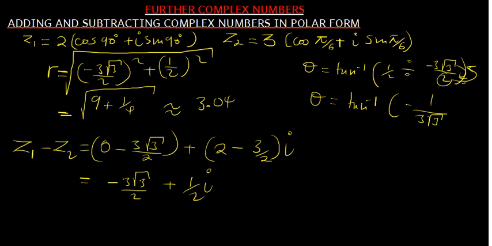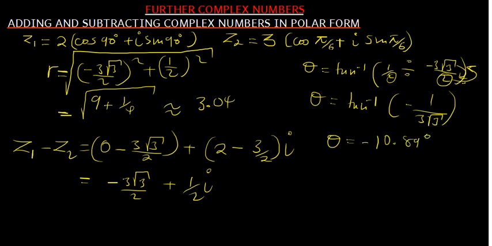That is because if this one goes on top, it is going to cancel out with this one. So we can simply punch that on the calculator: negative 1 divided by 3 root 3, tan inverse of that, that is about negative